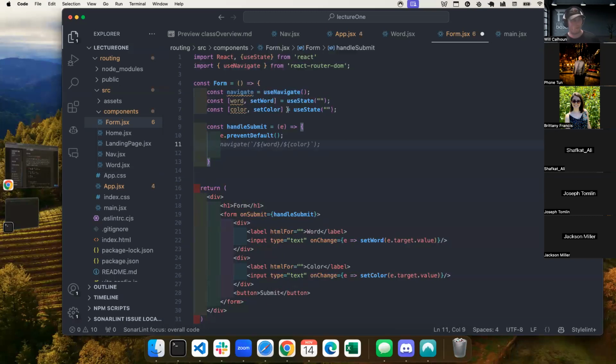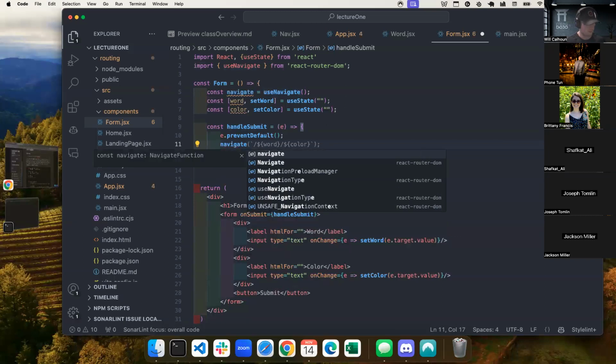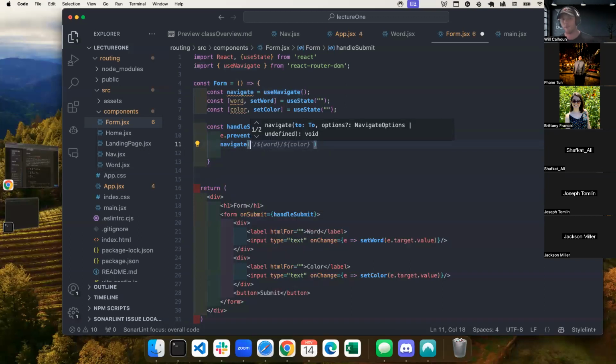So what I will do if I want to navigate, I will say navigate, and I want to grab that information of word and color. I can say navigate. You see that on the screen. Now, Joseph, you asked, do the double quotes and the single quotes matter on the routes? No, they don't. But when I'm using navigate and I'm grabbing some information, I have to do the backtick, and that's above the tab on the left side of your keyboard, because I want to inject my variables in there. And so I want to use that to where I can say word and color. So these have to be backticks if we're going to call values like this inside of this string.